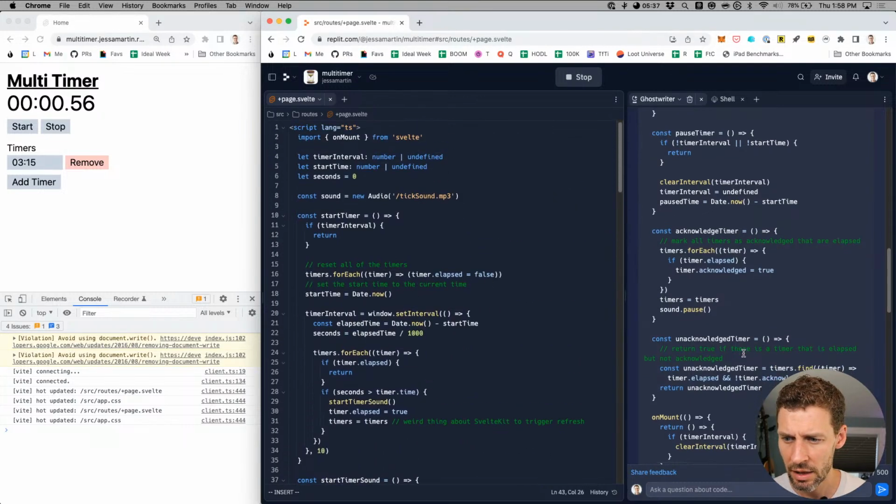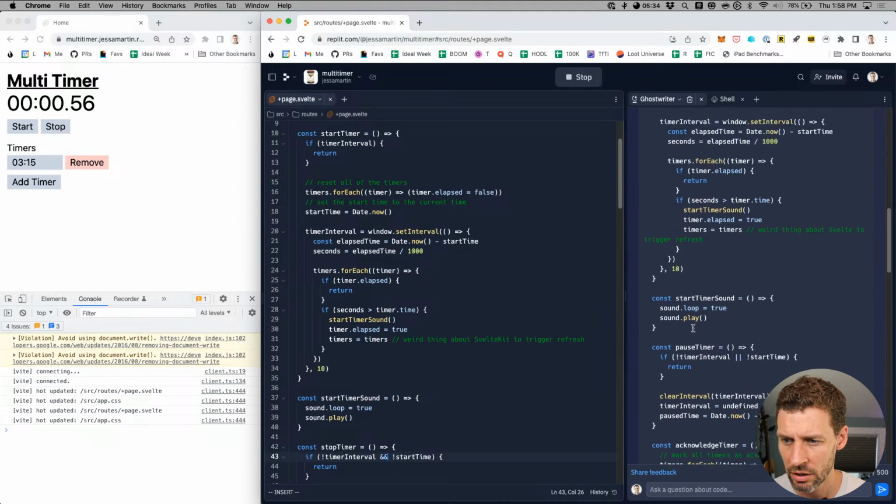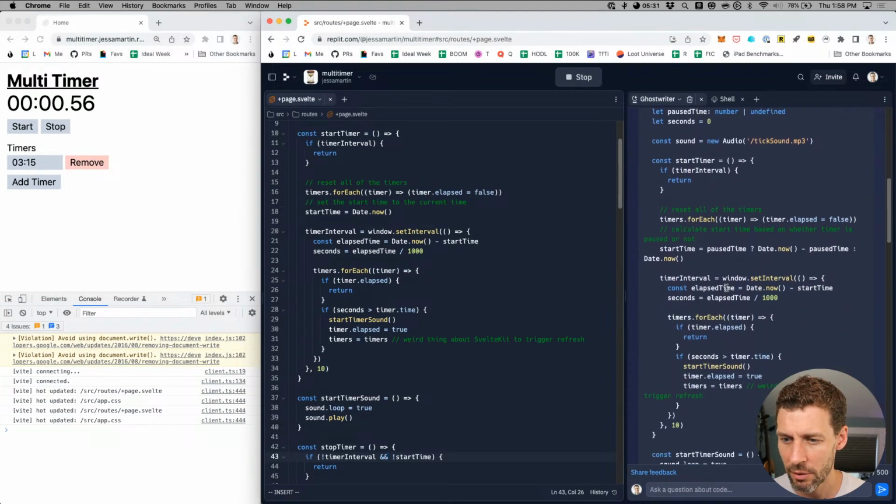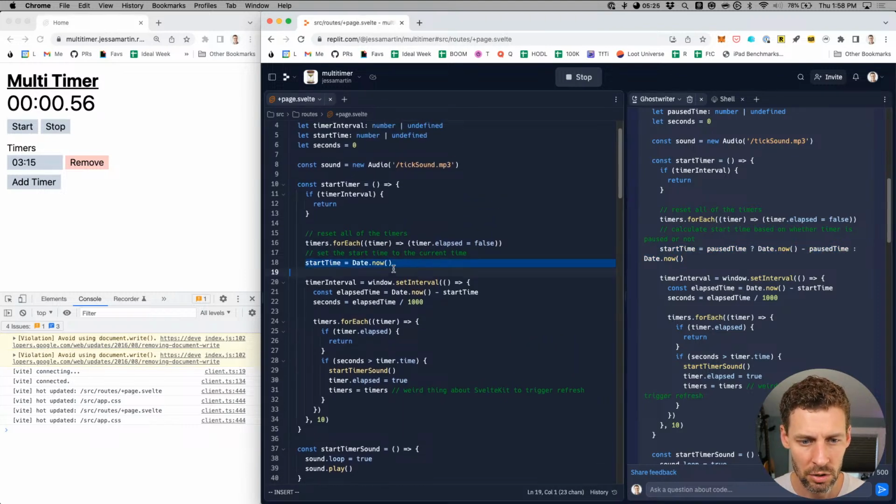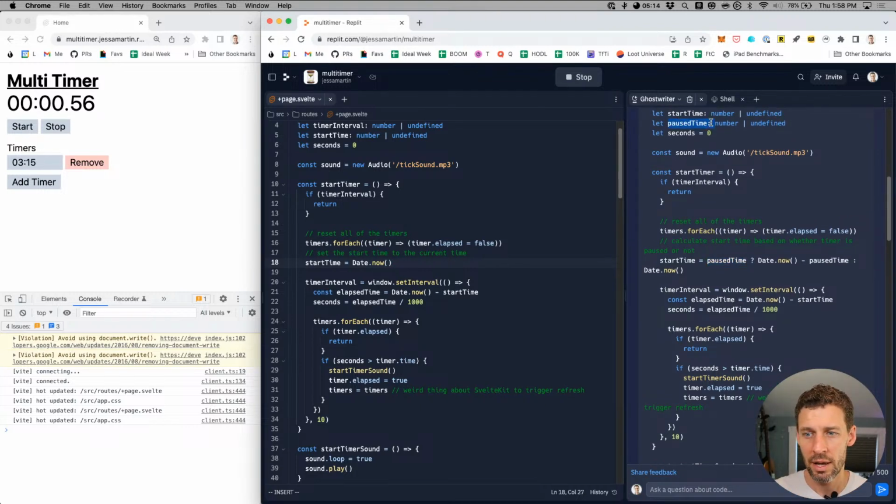Well, it was a good attempt, and I think the cool thing that I saw that it caught here, which was the pause that I had right before I asked it, is when you start the start timer, right now I'm assigning the start time to be the date time. But what we're going to have to do is save the paused time, the time at which it was paused. And if there is a pause time and we want to restart the timer, then we need to set it to the Date.now minus the pause time. So it's interesting, tiny little tweak, but it's interesting that it catches that.